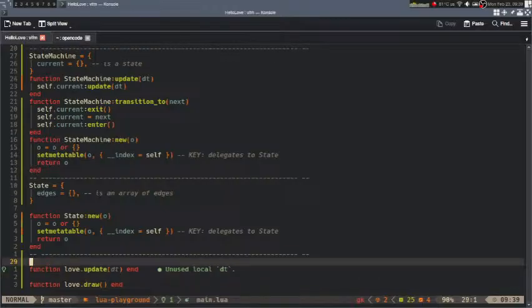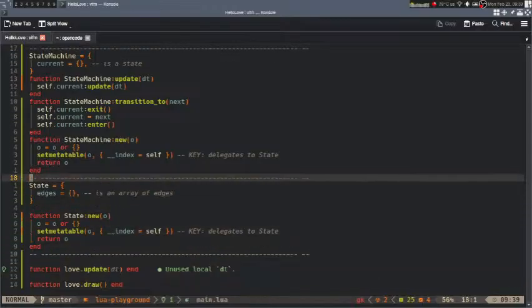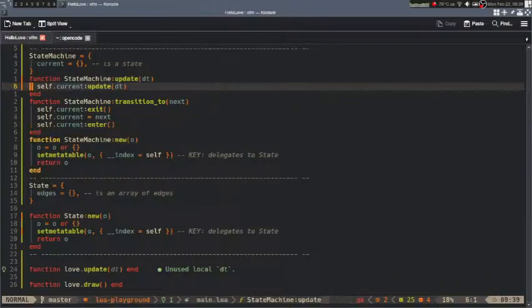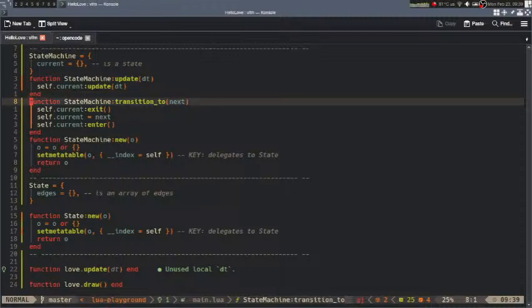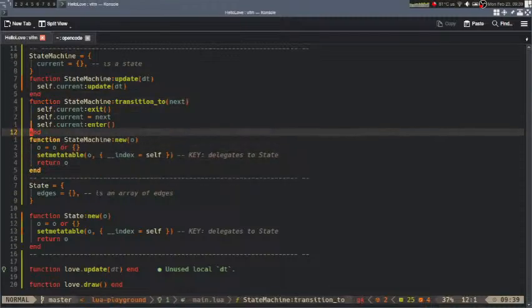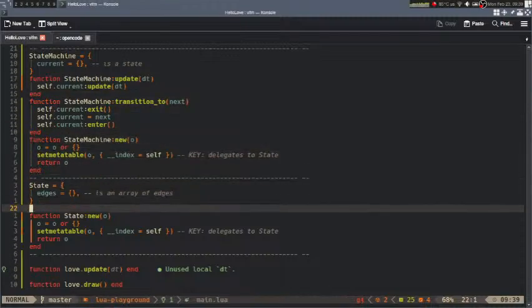Cool. Alright, cool. I think update, transition, new, all those are fine. Cool. And then what we need is